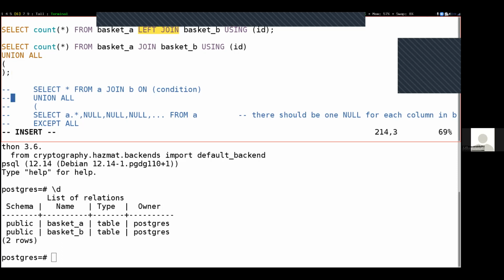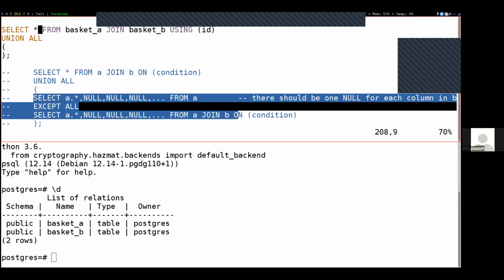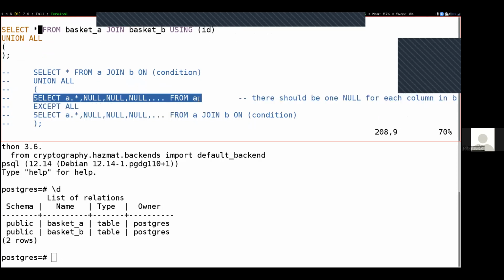What are those things that are appended to the bottom? Here, and let me remove the count right here. What are those things appended to the bottom? There's two more select statements that we'll have to understand. This first select statement right here is selecting everything from the original list right here. This is selecting everything from the original list. So we'll write that